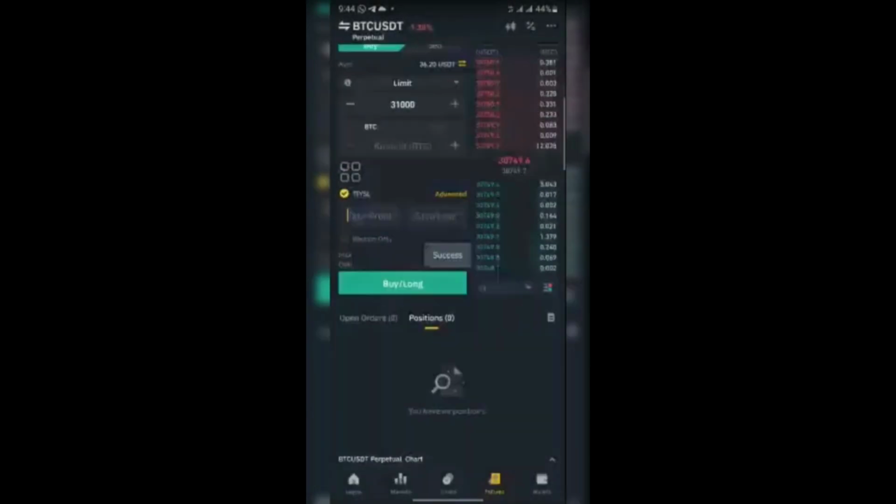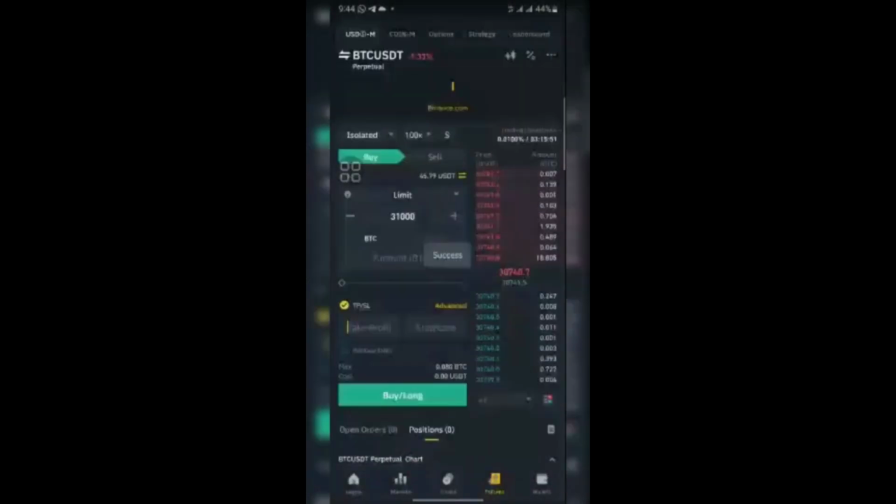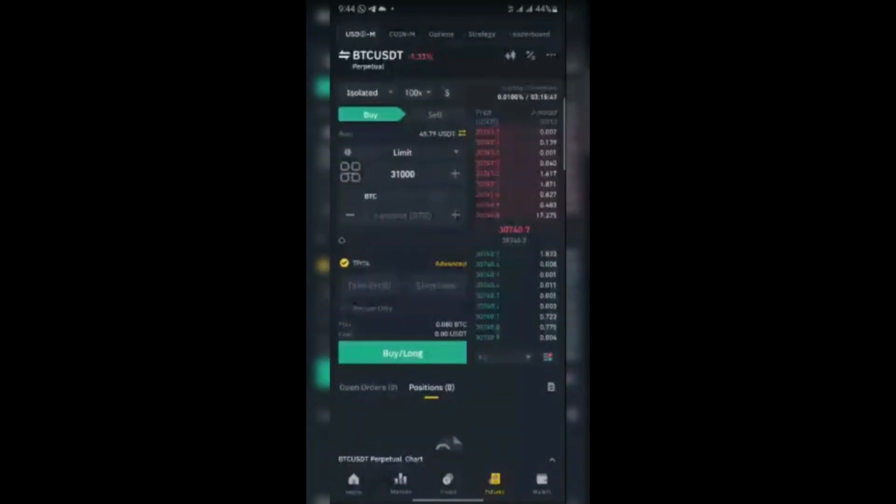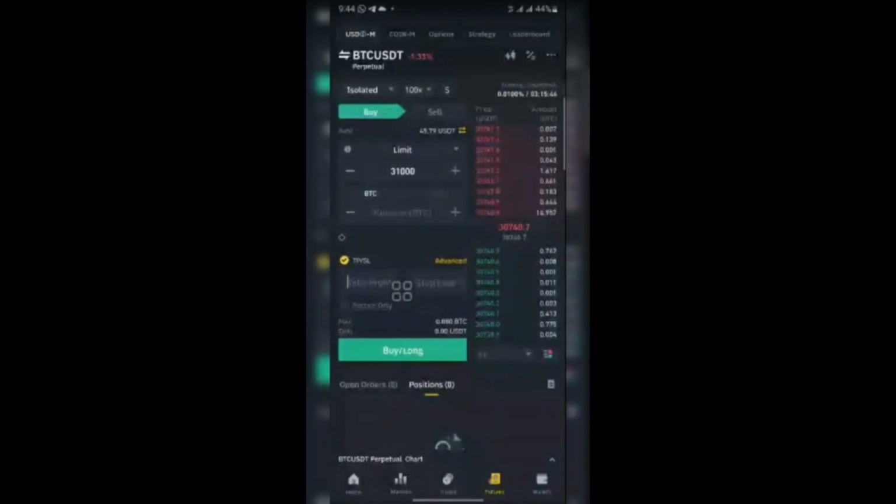Sorry. What is happening? Okay. Do you know what happened? What happened is that I want to buy at a higher price than the normal price. I want to buy at a higher price. The market will say, no worry now, let me just enter before the market, because why are you waiting at 31,000 to buy? You understand? So if you want to buy now, it means you wait for the price to come down small. That's when you want to buy.